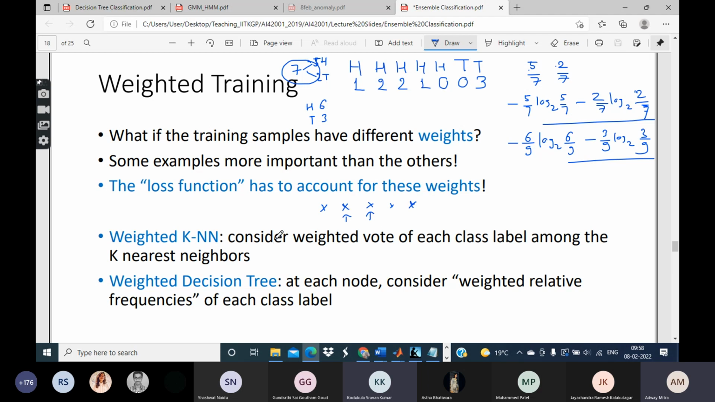Similarly, you can do the weighted k nearest neighbor also. Suppose for a given point you are considering the 3 nearest neighbors. Suppose they have weights of 1, 3 and 0.5, and their respective class labels are H, T, and H. If you do not consider weights, then of course you will say that H has got 2 votes, T has got 1 vote, so I will